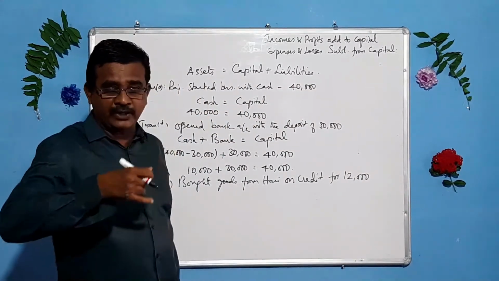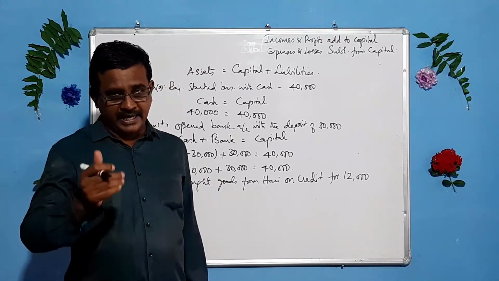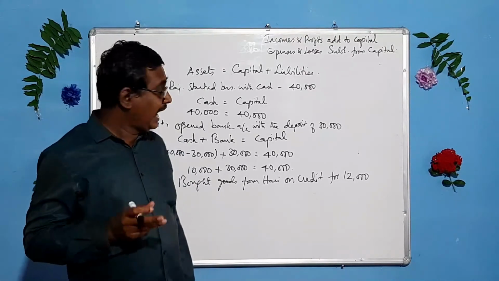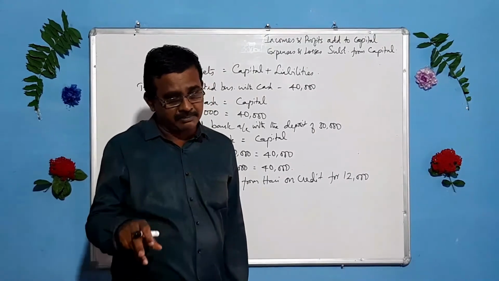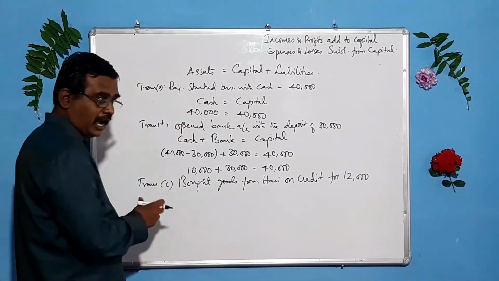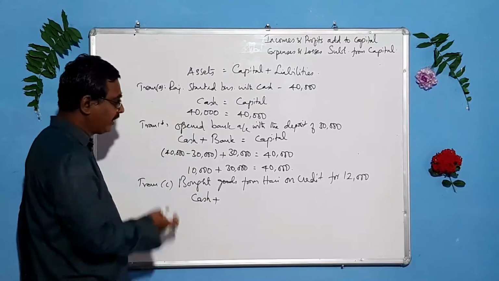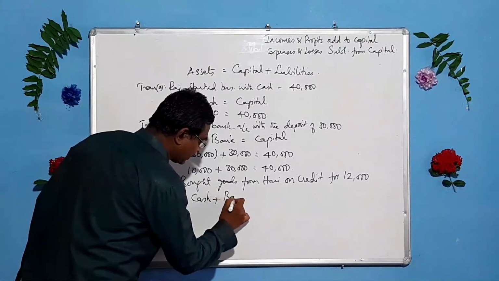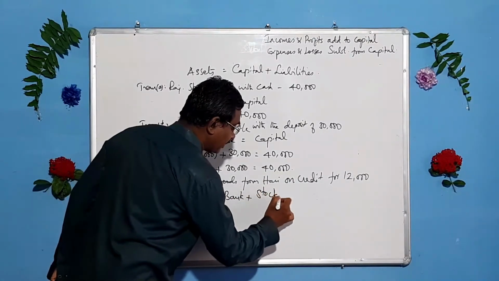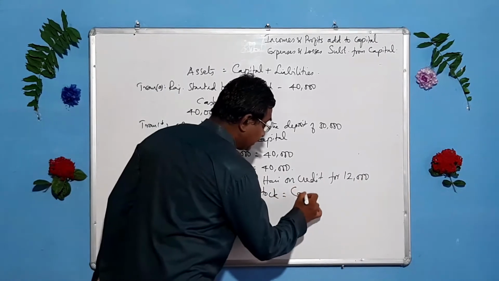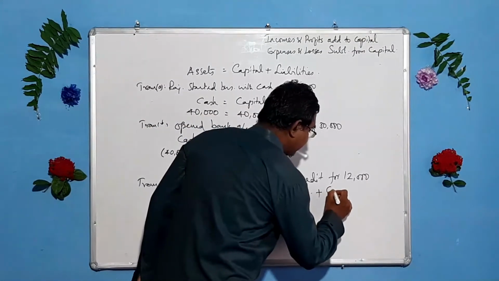So goods come into the business. Here that should be treated as an asset by the name stock. Here we have to create one asset called stock. And we have not paid money to Hari. So Hari becomes the creditor of the business. Now what are the items, how to make the equation. Cash is an asset already existing and bank is also existing. Now a new asset comes into the business, that is stock. Capital. Now Hari has become a creditor. So creditor.